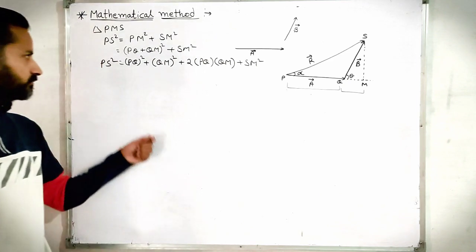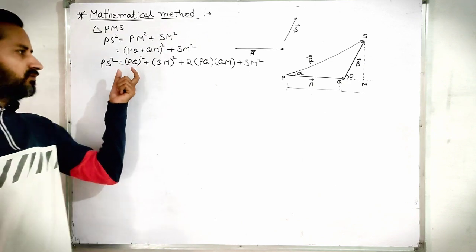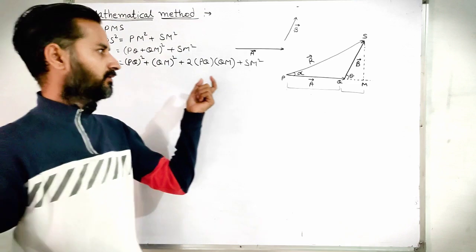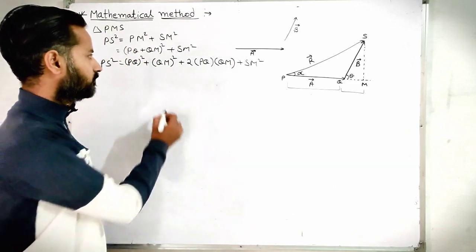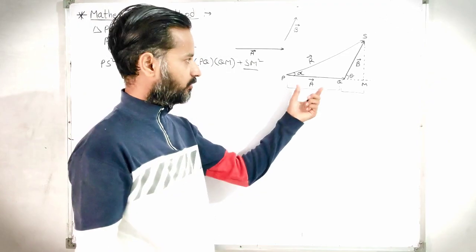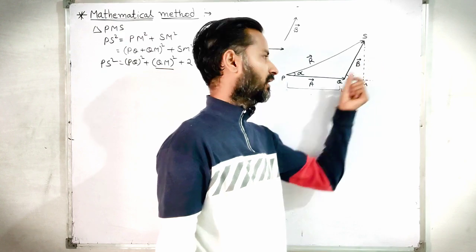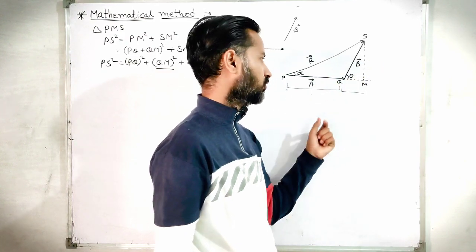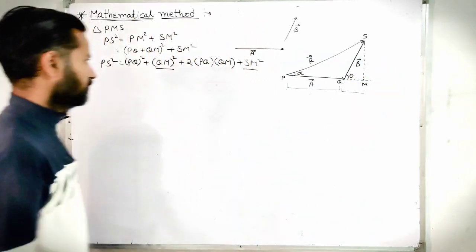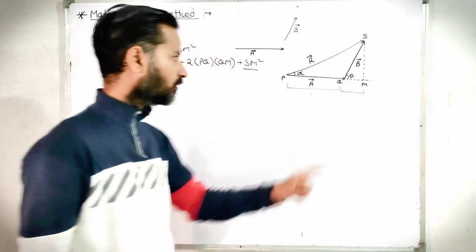Now, we want to know the value of QM and SM. Since PQ is A vector and QS is B vector, we can find those values. But here we don't know the value of QM and SM. So in triangle SMQ,